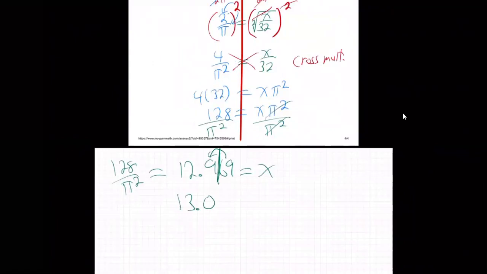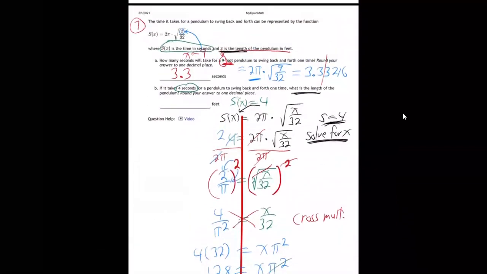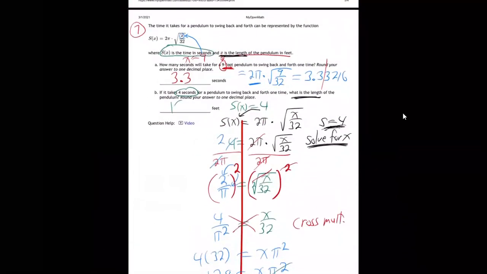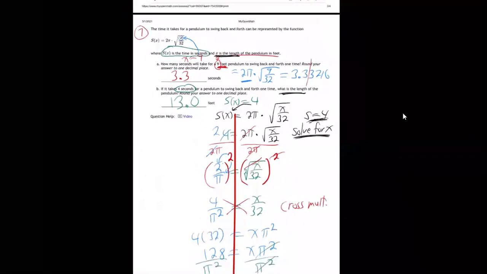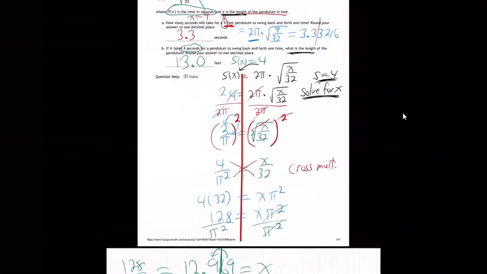Y'all okay with that? They said round to one decimal place, so that 6 has got to round that 12.9 up to 13.0. So there it is, rounded to one decimal place: 13.0. And there we go. Questions I can answer on